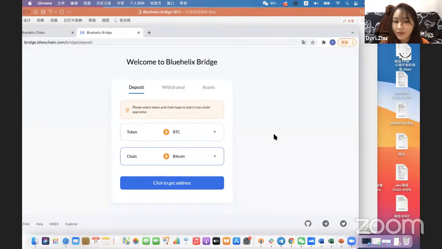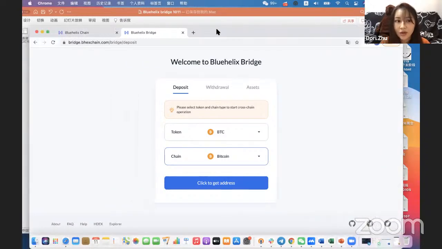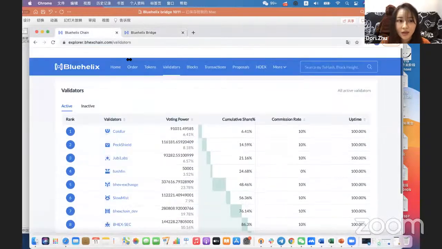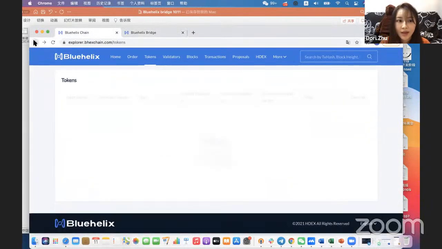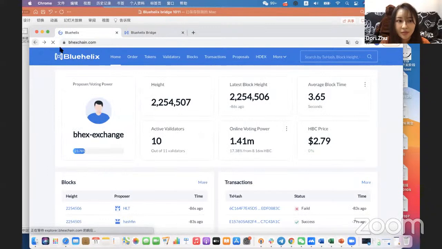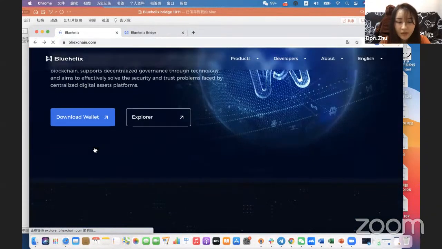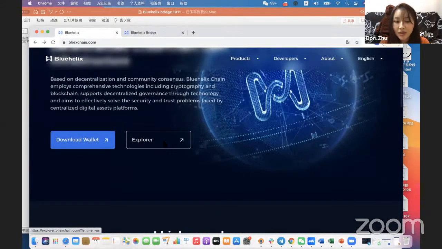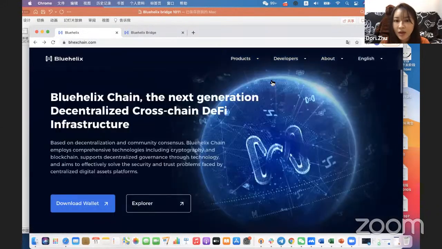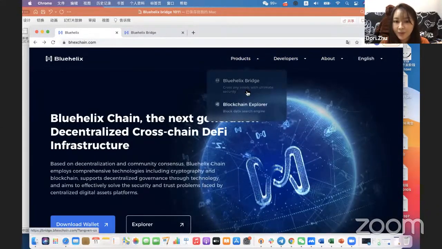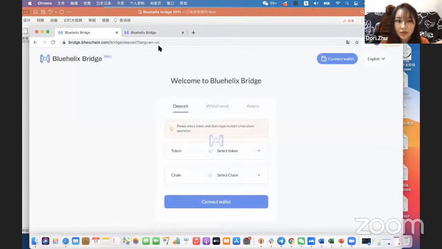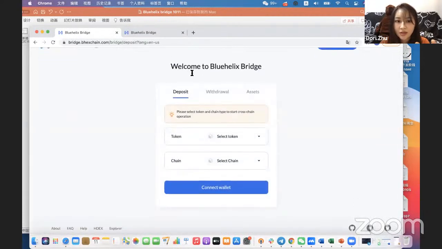So it's quite convenient and efficient for all users. You can download our wallet here on our website, and you can check all the data in our Explorer. And if you want to use the bridge, you can check here. It's quite simple to use.